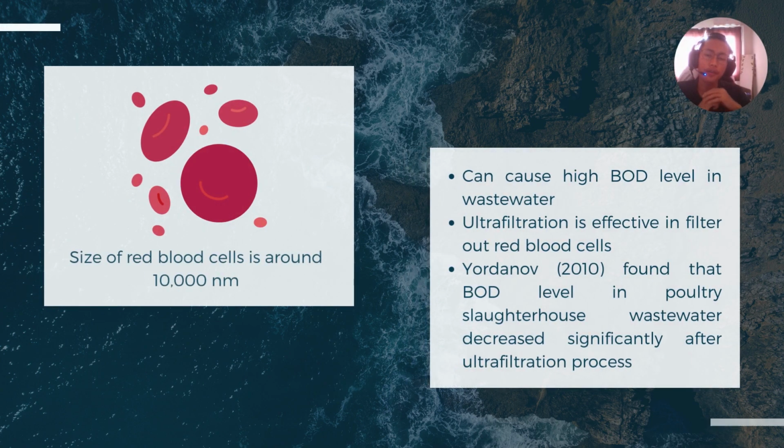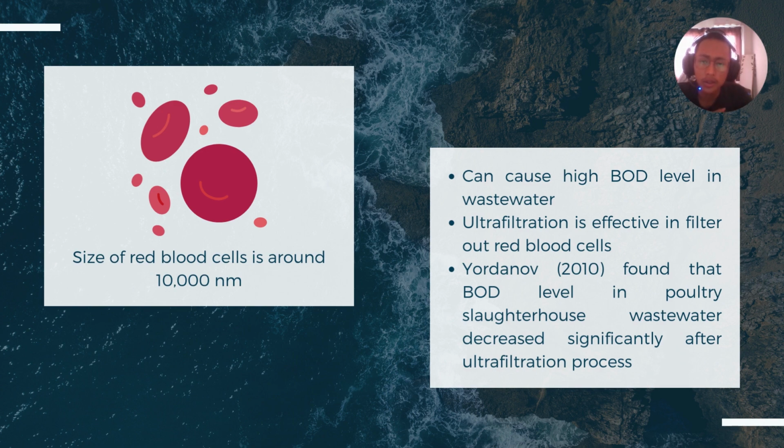So for your information, red blood cell size is around 10,000 nanometer across. So basically, it is too big to pass through the ultrafiltration stage. So that is why we can use the ultrafiltration method to separate blood from the wastewater, because blood is too big